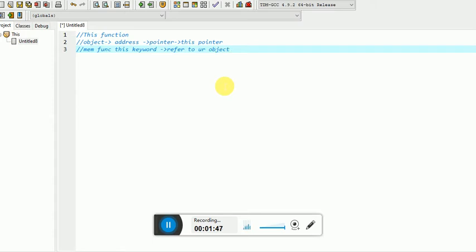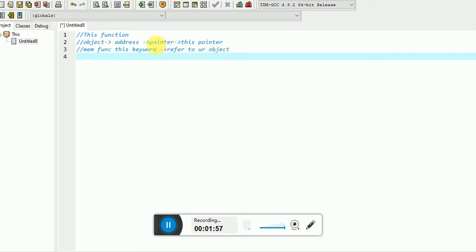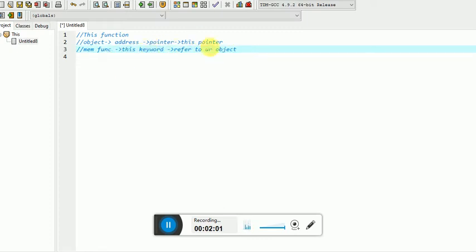So you can refer to your invoking object by using this keyword, and you can use the member function of that object by using the this pointer. Okay, so let's get started with the code.